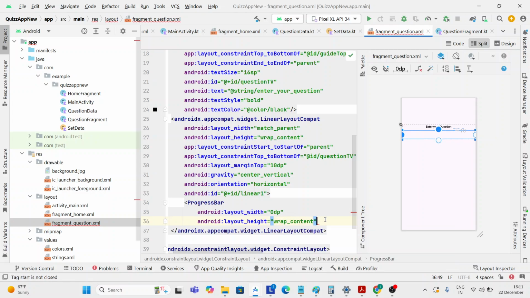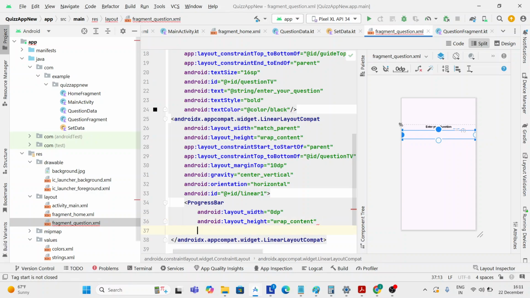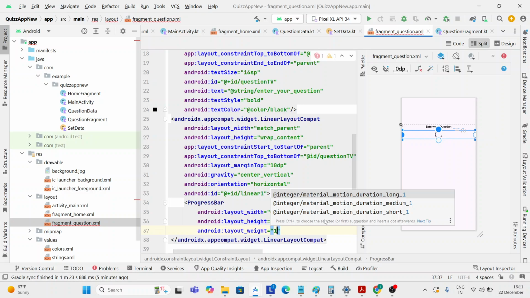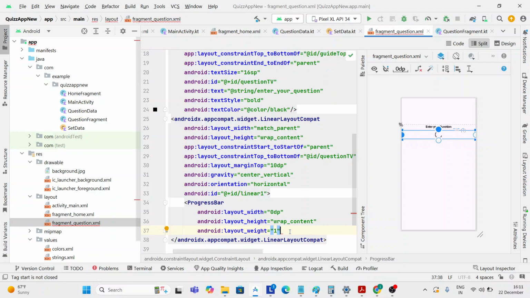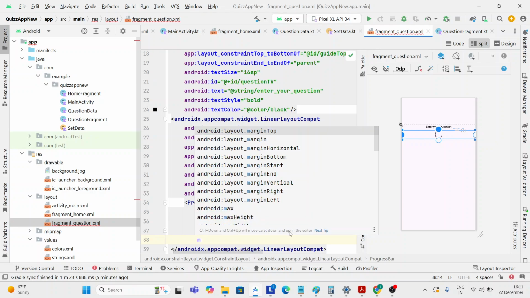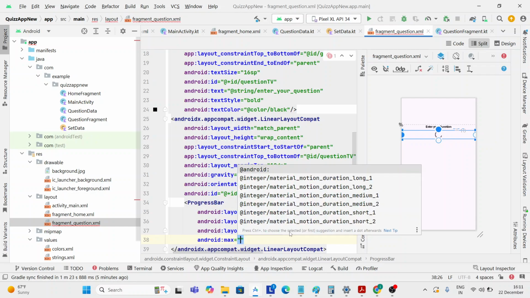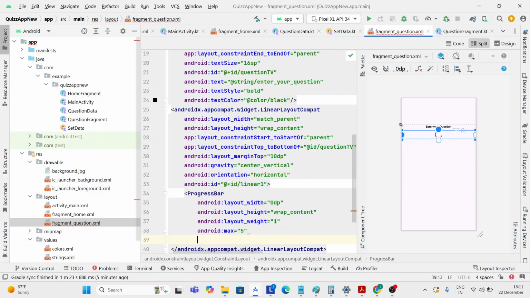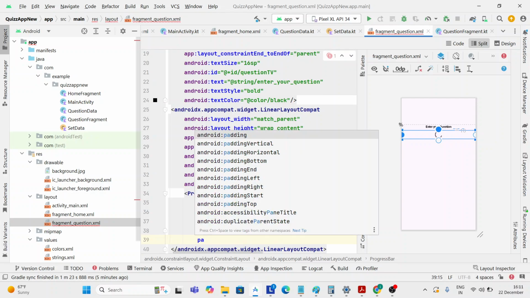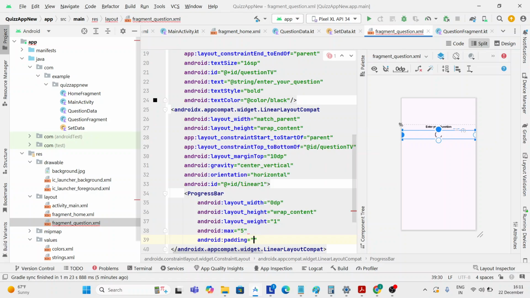Now let's set the layout weight, and the layout weight I am setting here is 1, and the maximum number I am setting here is 5, and let's give some padding, and the padding I am giving is 10 dp,